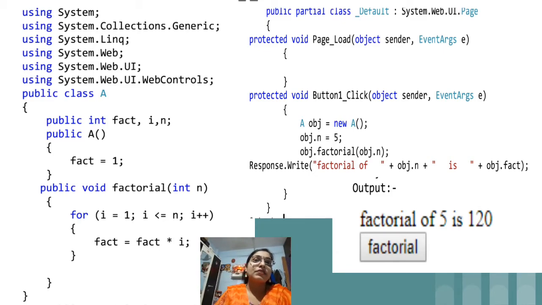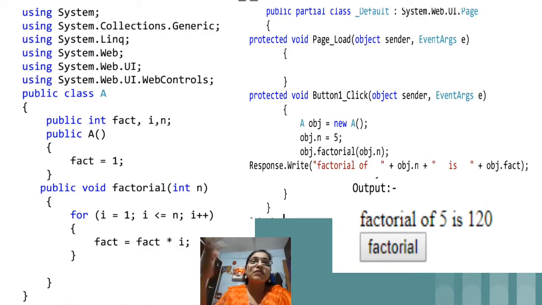Then I have created one constructor, public A, in which I have initialized the value of the fact variable to 1, as we are going to perform multiplication. We cannot initialize the fact variable to 0, because if we multiply any number by 0, at the end we will get 0 as the answer.